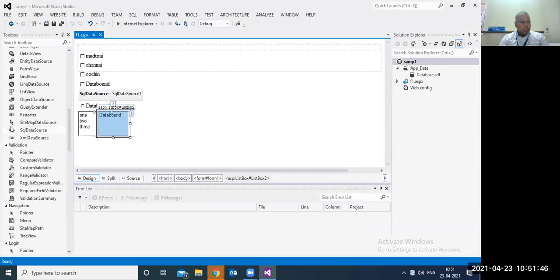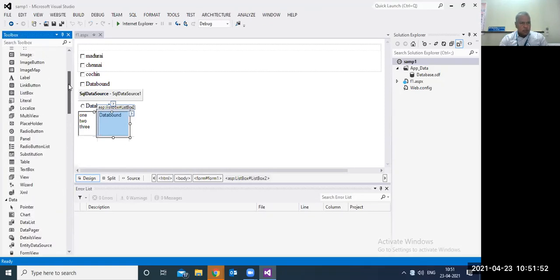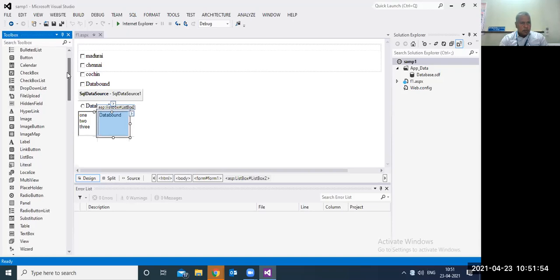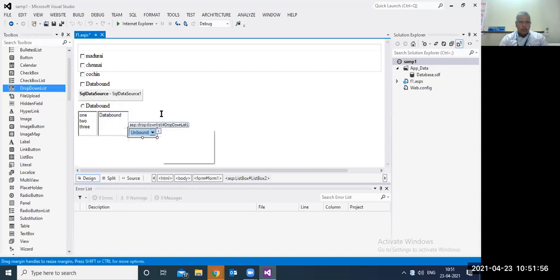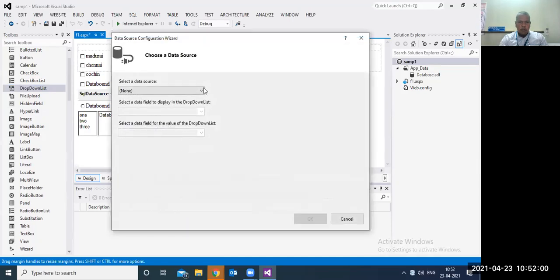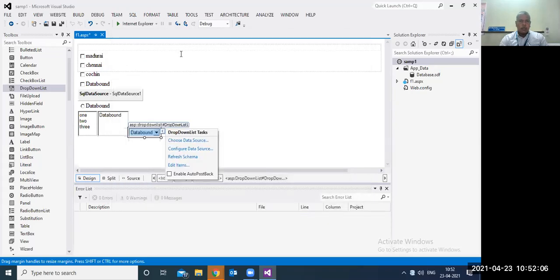In the same way there is a control called drop down list. Drop down list, the same, I can select it from the data source. Just put OK. Now I'm just running it.